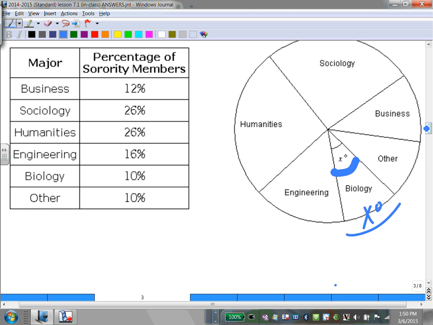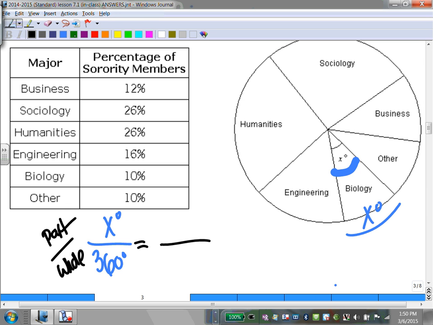Now I'm going to set you up, and then you're going to have to finish in your teams. So I know some of you already have it figured out, but I'll talk to you in a second. This is X degrees. If this is degrees, what's the whole down here out loud? Degrees, what's down here? Okay, no, that would be percent, buddy. Percent. 360. Okay, so you write 360 degrees. We have to match. Just write in the margin, write part over whole equals. You're going to do part over whole here, but I'm not going to tell you how to finish that